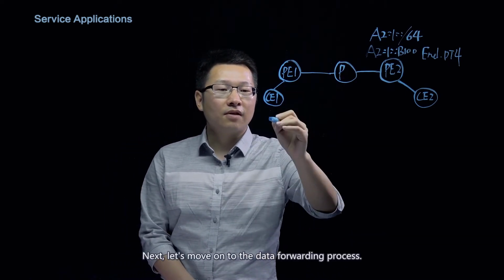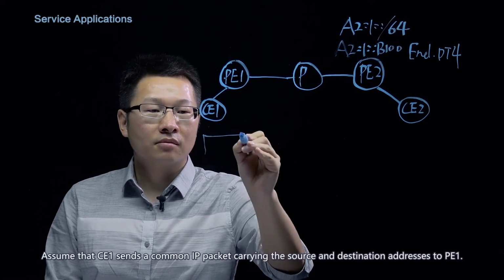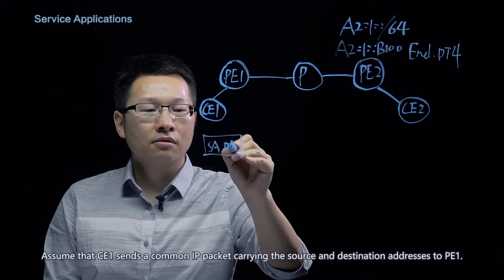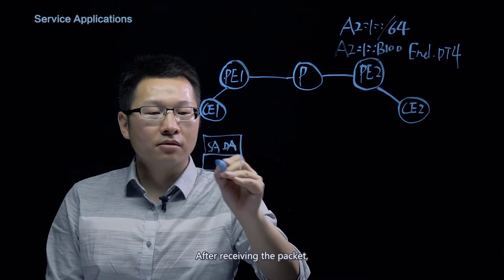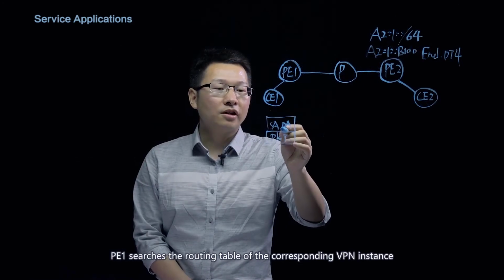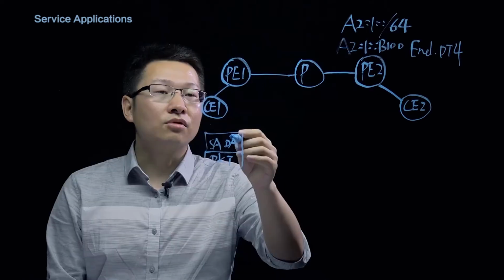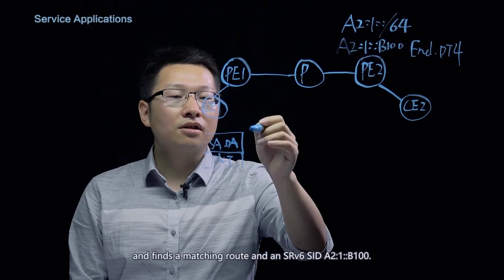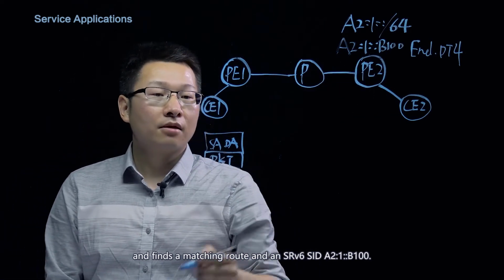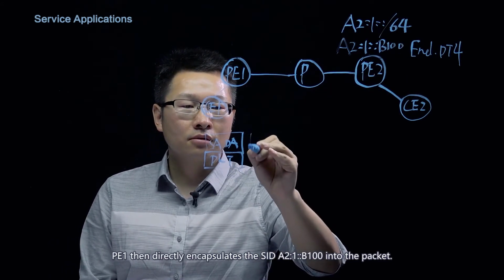Next, let's move on to the data forwarding process. Assume that CE1 sent a common IP packet carrying the source and destination addresses to PE1. After receiving the packet, PE1 searches the routing table of the corresponding VPN instance based on the destination address of the packet and finds the matching route and an SRv6 SID A2:1::B100. PE1 then directly encapsulates the SID